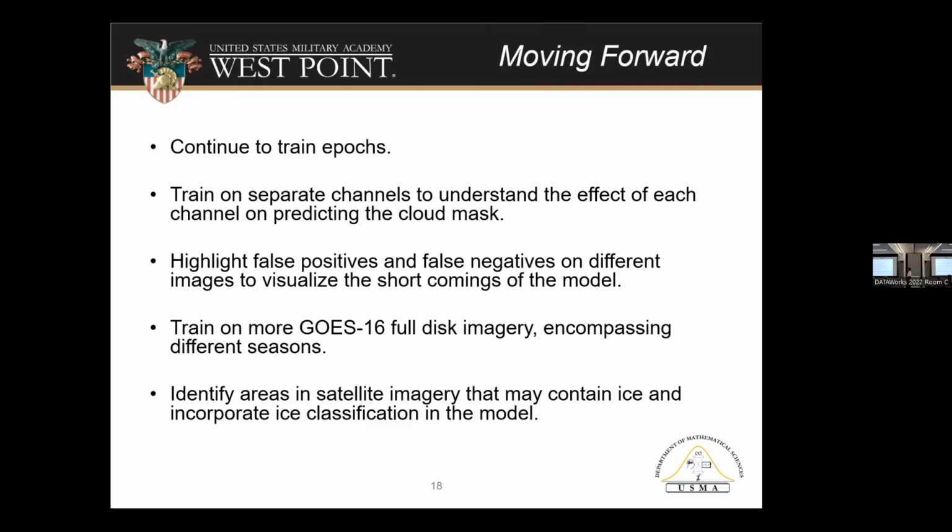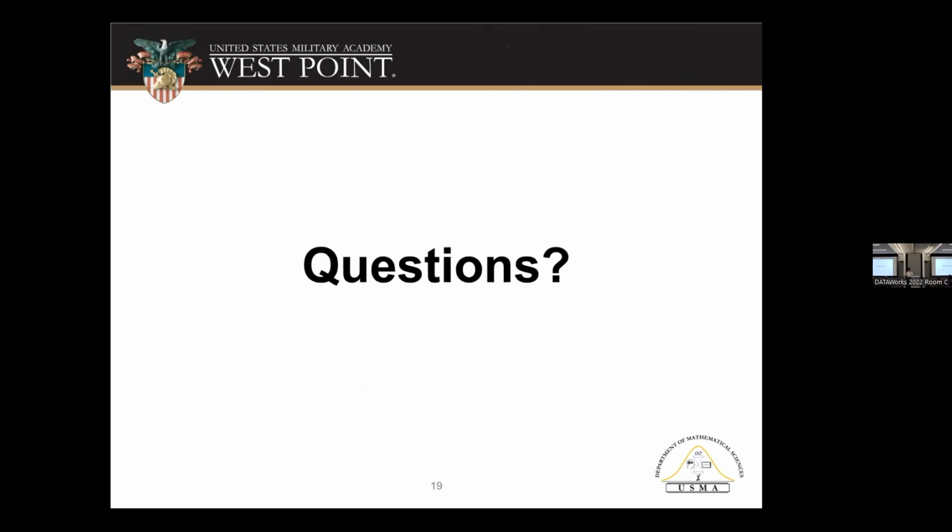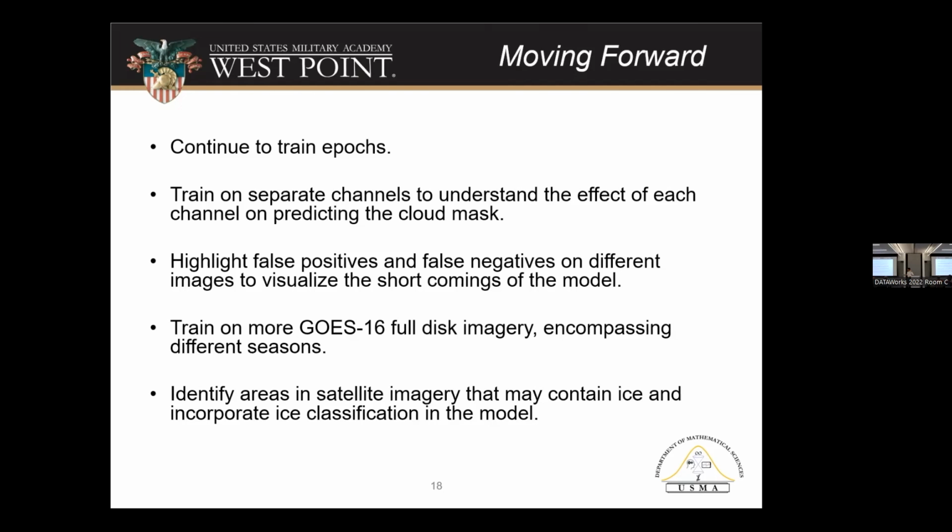Finally, we want to train on separate channels to understand the effect of each channel. We want to see, hey, does one band have more effect than the other? We also want to highlight the false positives and false negatives to see exactly where our model is failing. Secondly, we want to train on more imagery, of course, to make sure we can generalize to a larger data set. And finally, we want to identify areas in the satellite imagery where there's ice, so we can incorporate that ice and answer that initial